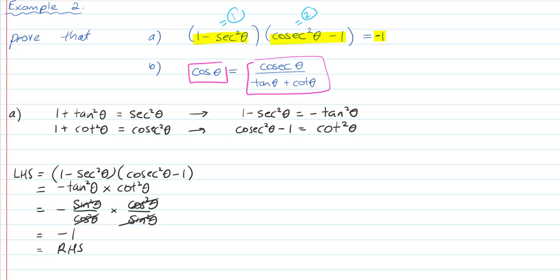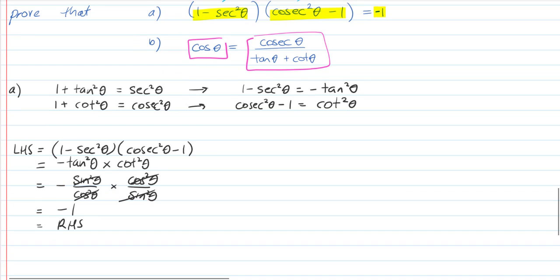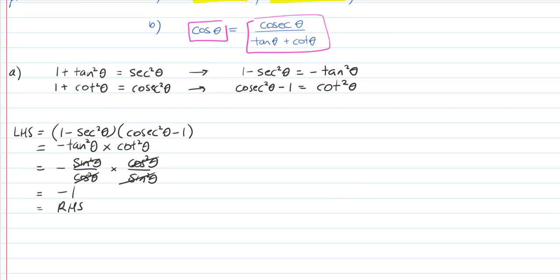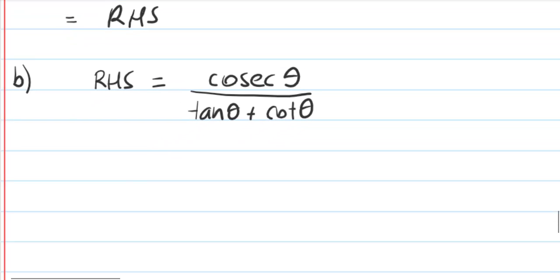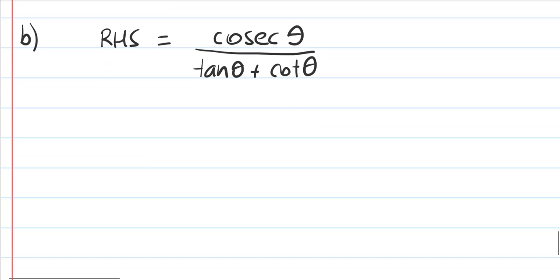So my aim is to do stuff to the right-hand side this time, and simplify it down to the left-hand side. So cosec theta, tan theta, and cot theta. Part B. I'm going to say the right-hand side is equal to cosec theta over tan theta plus cot theta. So I'm going to take that approach this time. And it's going to get messy to start with, but I'm going to head towards